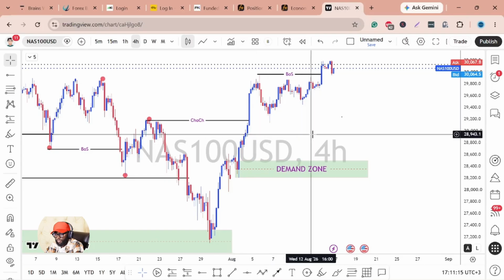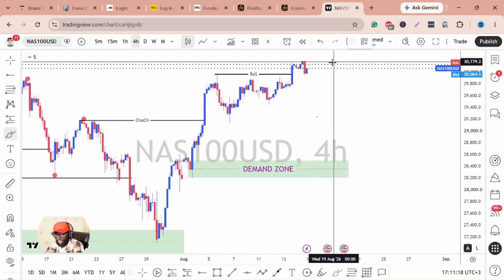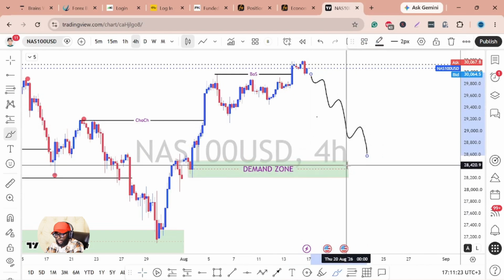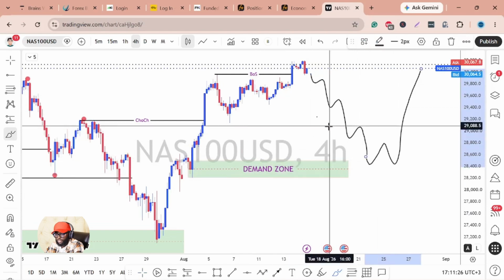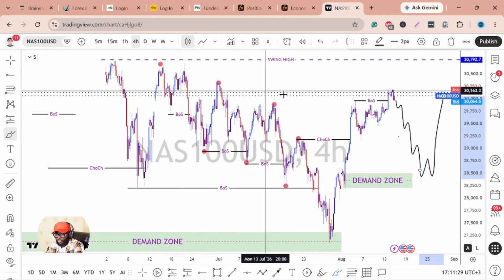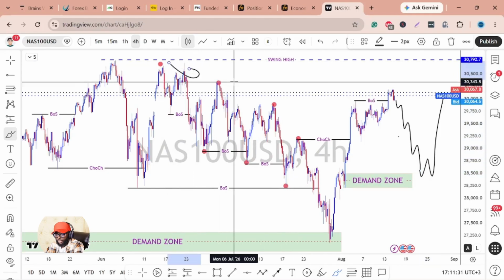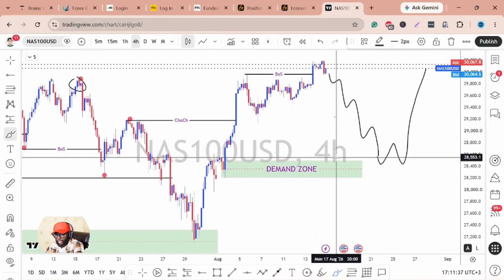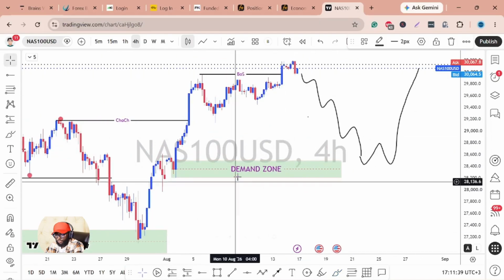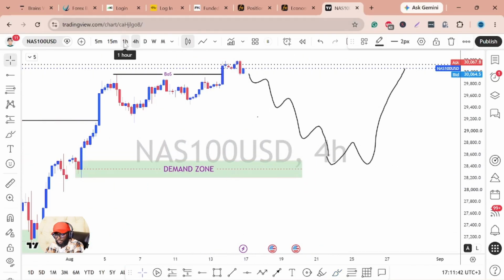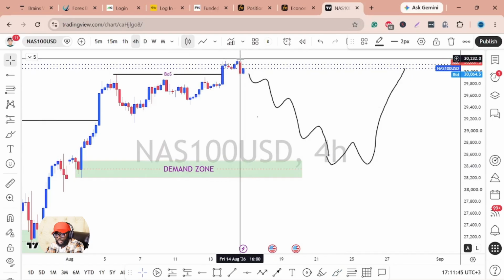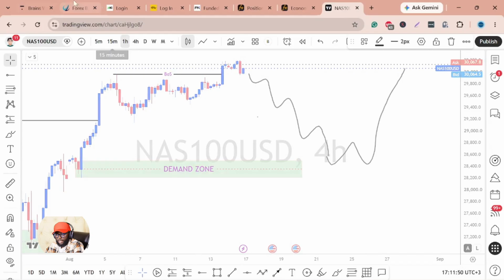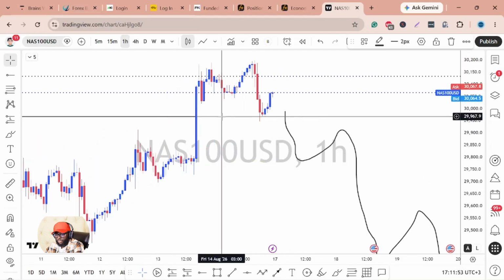So from my perspective, I see price probably pulling back to this 4-hour demand zone to test this level before we can see price pushing higher, of course, to take out these remaining levels or zones that we have high over here. So that is what I would like to see price doing. Now, if we go down from the 4-hour time frame, you can actually see that we had a bearish engulfing there, and that is a sign that price at least might be ready to push lower.